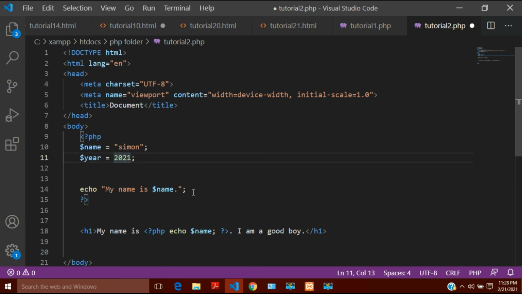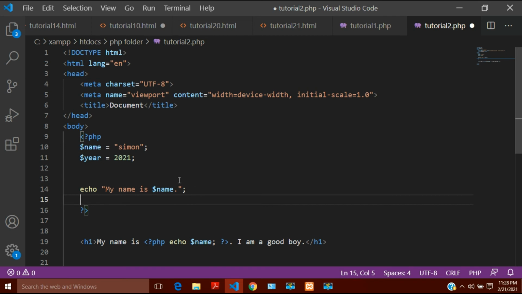And if you want to take the echo of it, then: my name is this, and this is year, here again I will write the dollar and year. So this is how I can show it.